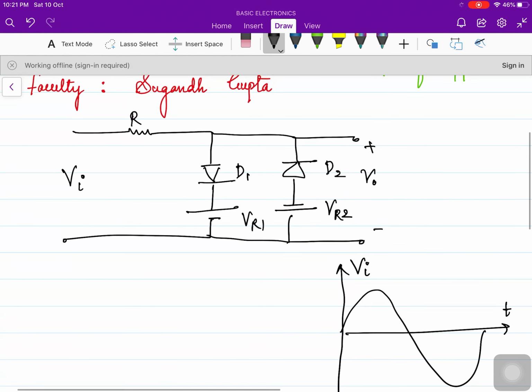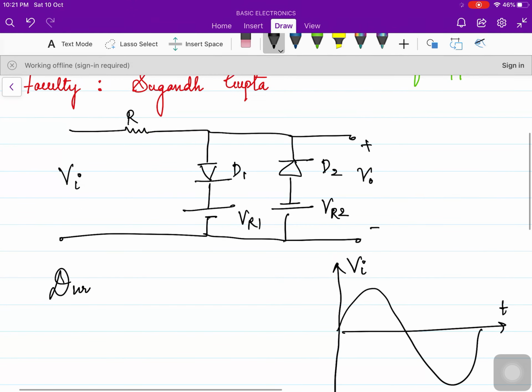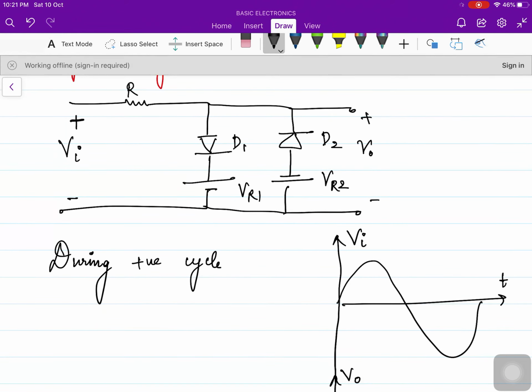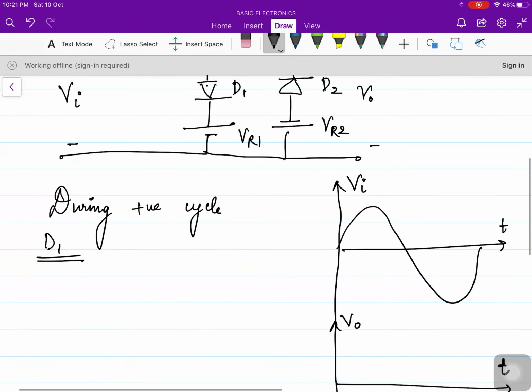So first of all, as we were doing in the previous lecture also, we need to analyze the circuit during the positive cycle. So look at the circuit, we need to put a plus and a minus over here. Now let us see which of the diodes are forward or which of the diodes are reversed, or in which case we have to make two cases. So D1, P is getting positive, N is also getting positive. So we need to make two cases.